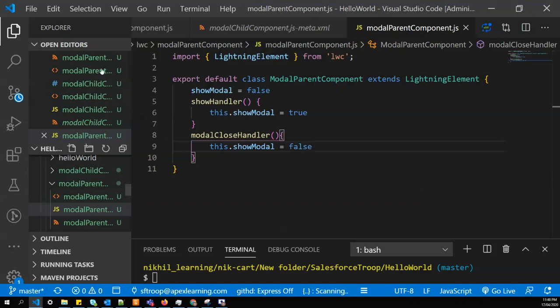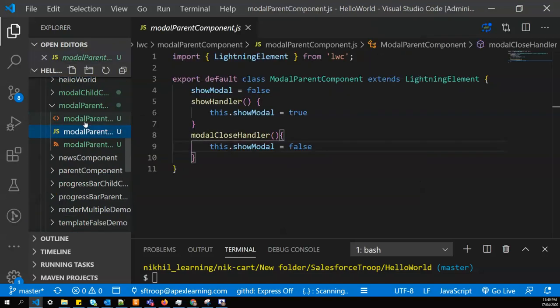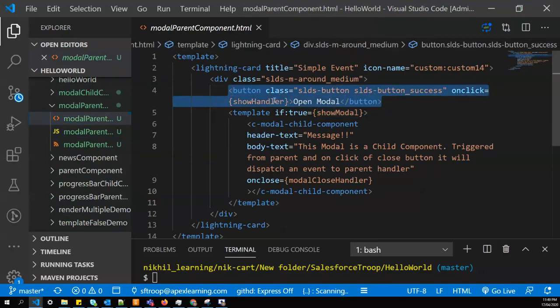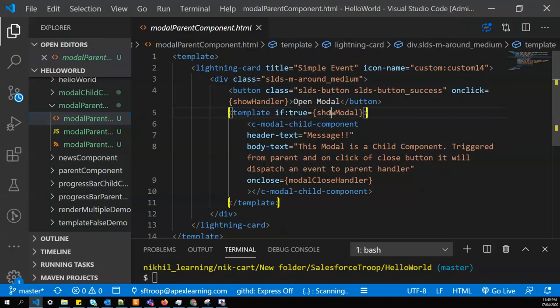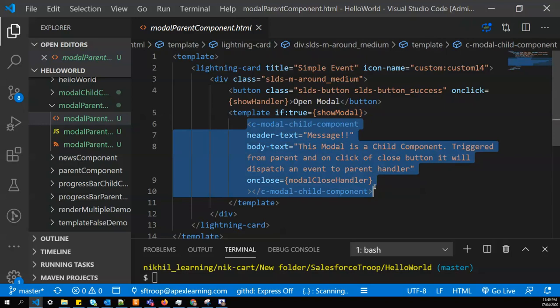So let's understand again what we are doing here. First we have created a parent component in which we have a button. On click of that button, we'll change the showModal property to true, by which our child component gets loaded, which is nothing but a pop-up modal, so that comes on the screen.